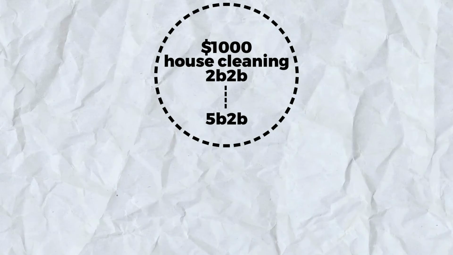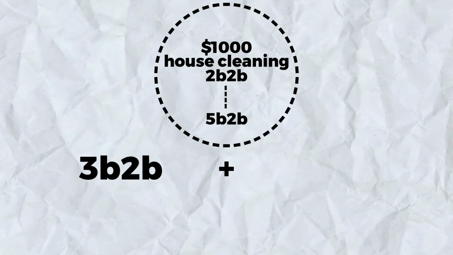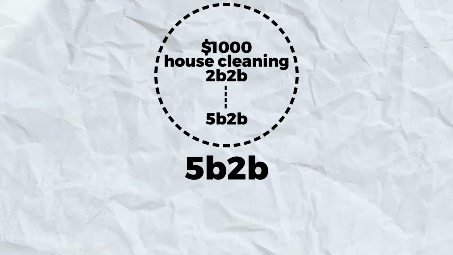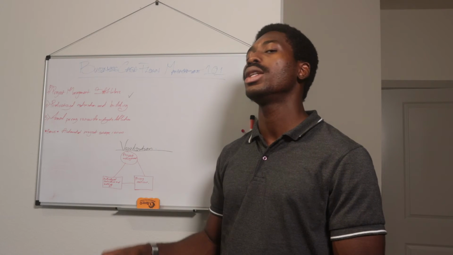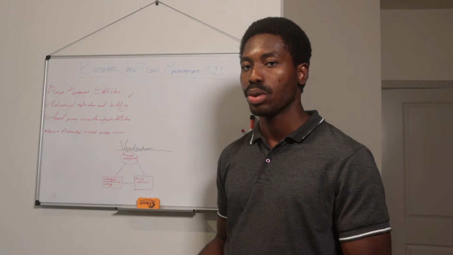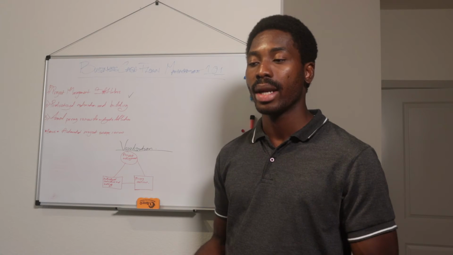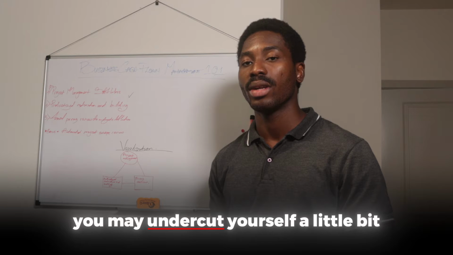So what you would do is, sure, you bill them for 3-bed, 2-bed, then add an additional 2-bed to that to make it 5-bed, 2-bed. Does that make sense? So you have the set standard, then anything after that is an additional to that, rather than trying to bid a job from scratch, which is inefficient, wastes a lot of time, and in doing that, trying to come up with a good price that works for the client, you may undercut yourself a little bit,